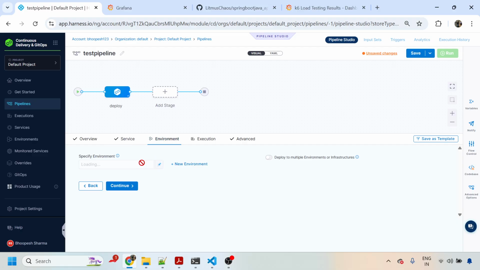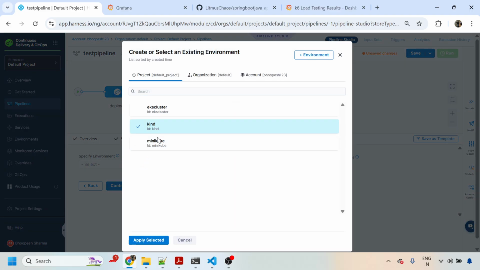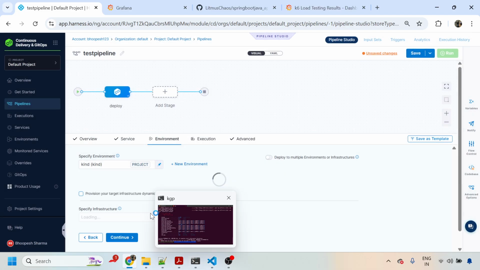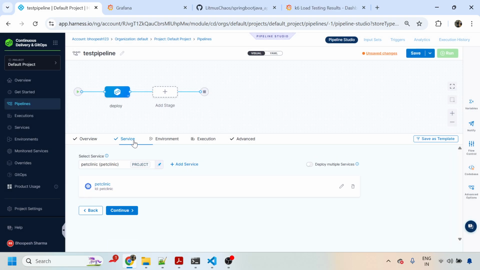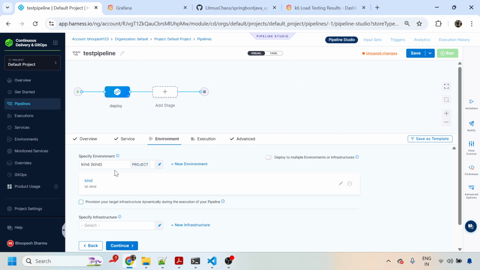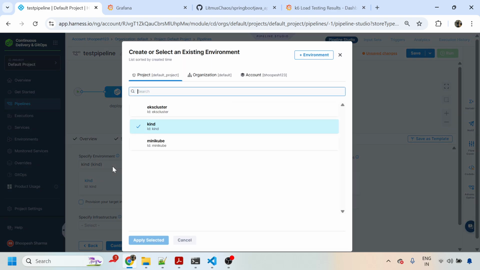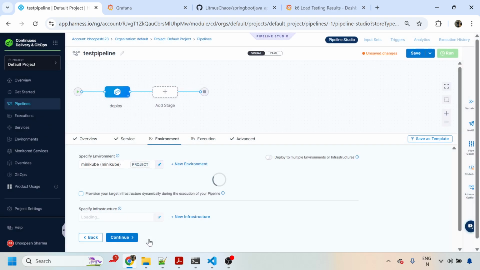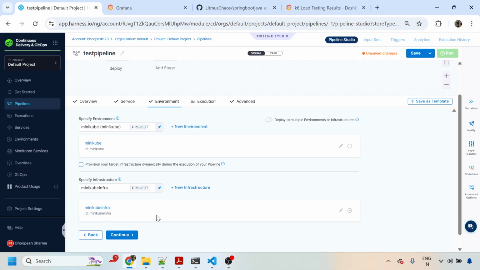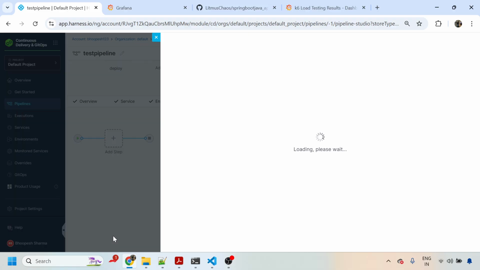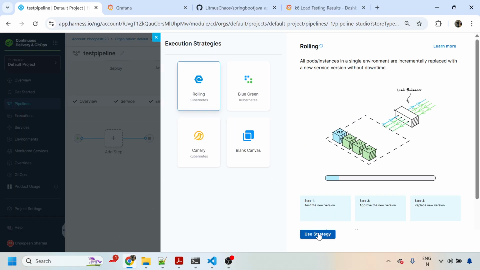Now the environment is nothing but where you need to install. So in our case, the environment is the minikube cluster where we are running it. So this is the cluster I'm talking about, and let me go back. Okay, so the service has been selected. I'll click on continue, and then let me select the minikube cluster. I'll specify the minikube infra, which is nothing but the infrastructure where it will get deployed. I'll click on continue, and I'll click on the rolling deployment,